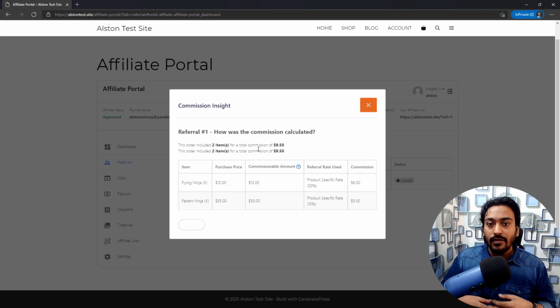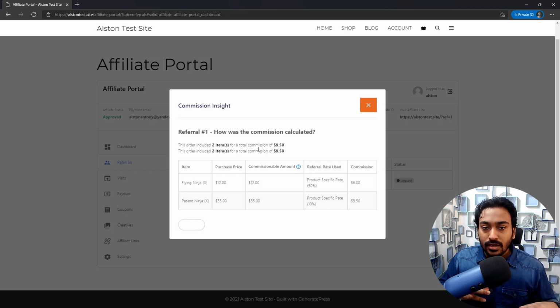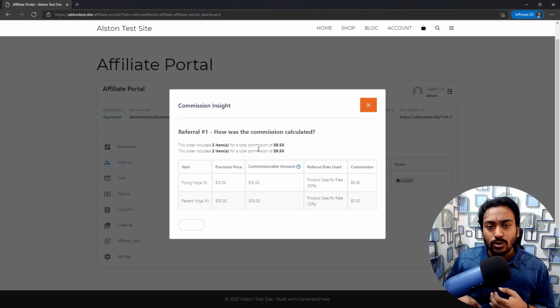So in case you have any problem with an affiliate where they are saying, I'm not sure whether you are giving me the correct amount of commission for this product, or I want to get more information, rather than contacting your support or getting clarification from you, they can directly open up one of these purchases, or you can let them know to just open up this detail. It will give you accurate information on your sale commission.